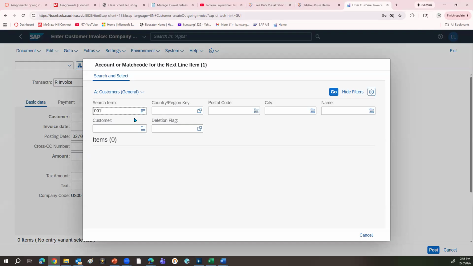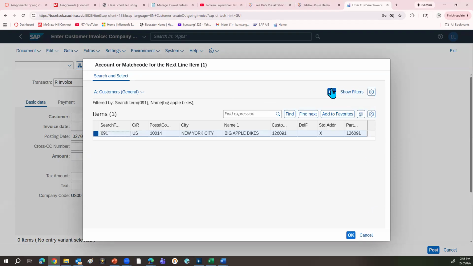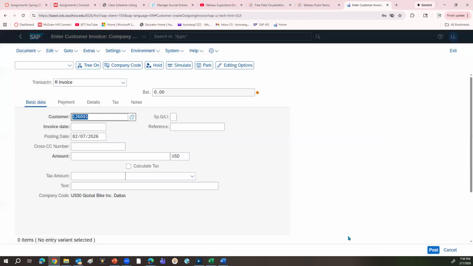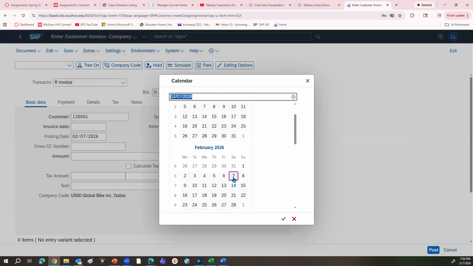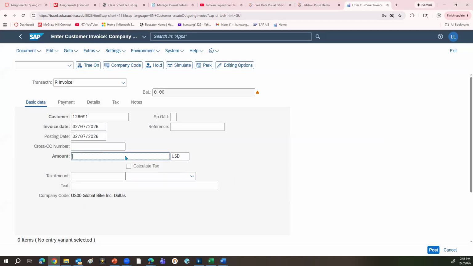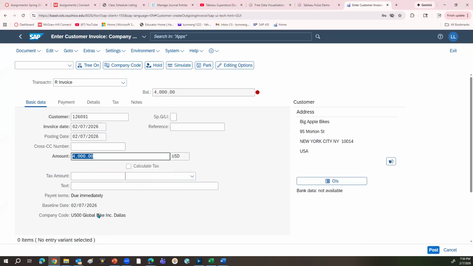So 091 and this one, Big Apple Bikes. If you see the instruction, this is the company. Okay, for invoice number 7 and invoice date, I'm using the same, and the amount is 4,000. And for this one, you can see the due. So the payment term is number 1, due immediately, no discount. So the text is invoice for bikes